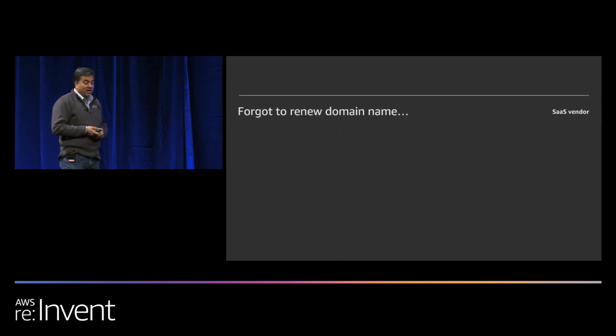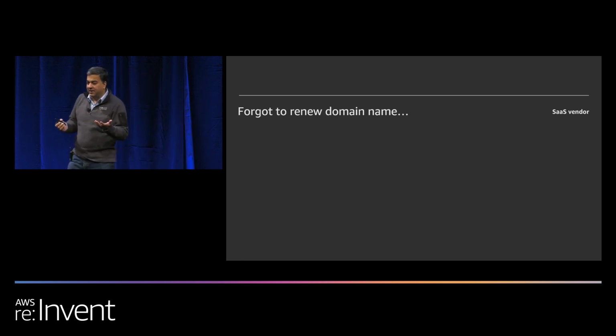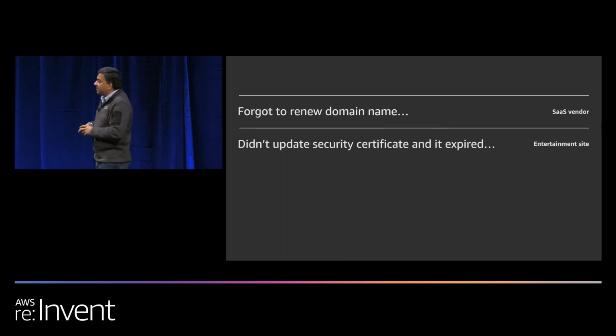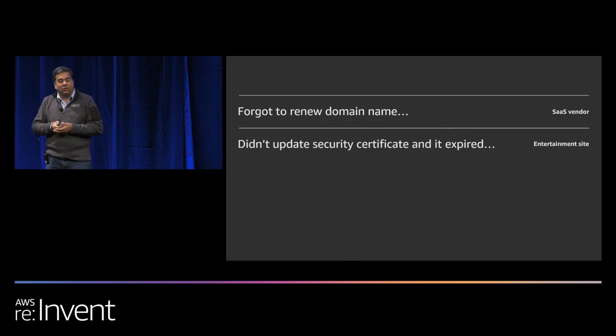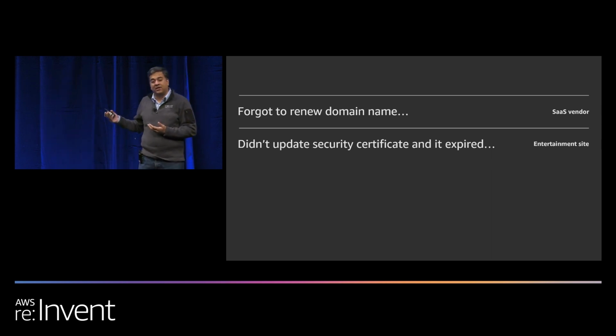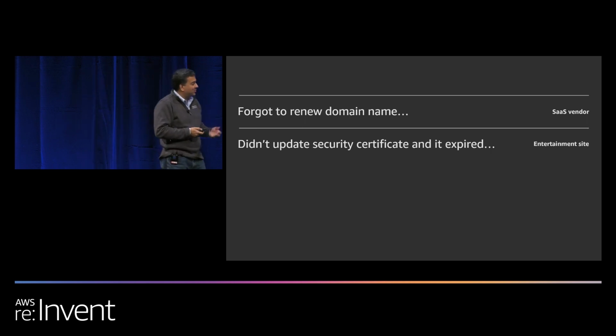I'll give you some examples of how companies fail. This was a big company, a SaaS vendor, who basically forgot to renew the domain name, right? Nowadays we have auto renewal and all of that, but you could still forget. These are things that you have to model your application to understand or keep track of, right? Another very common failure mode is the failure of our SSL certificates or our keys or our credentials, right? This is one of the most common failure modes. Another company had this kind of failure and was down for a long time, right? So again, apologies coming out, and excuses, right? So you don't want to be in that situation.